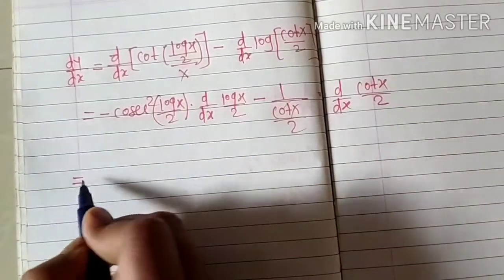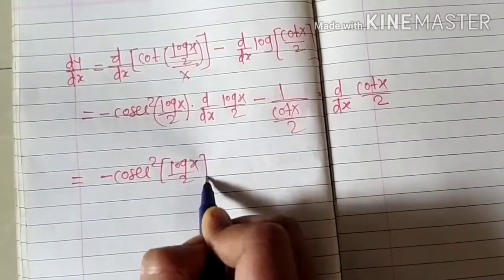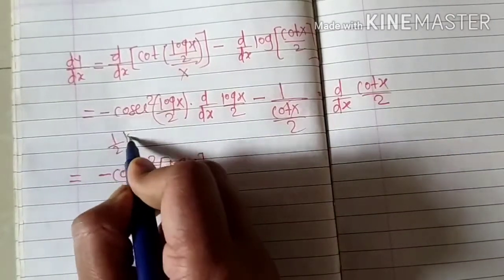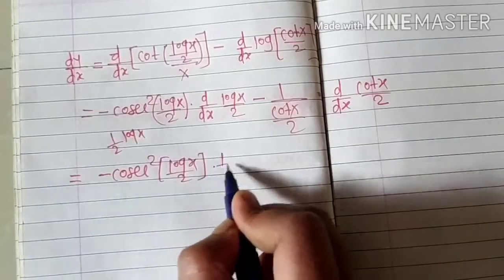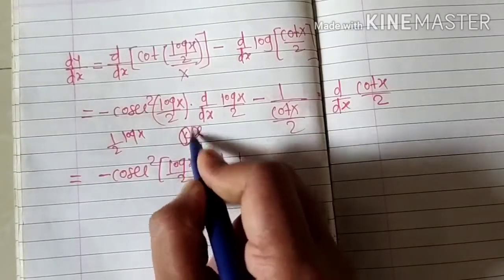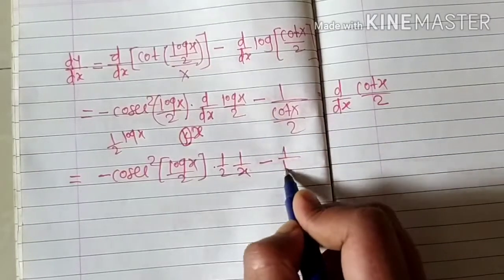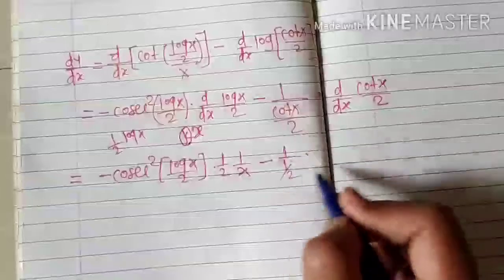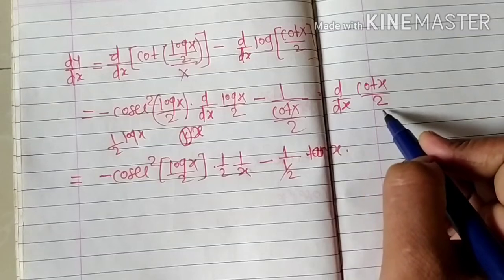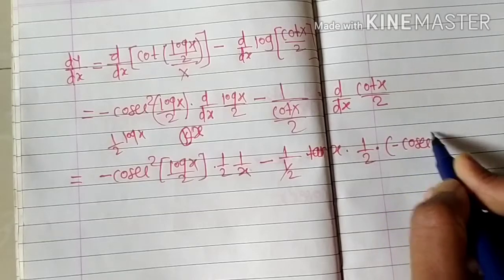Okay, then here minus cos x square of log x divided by 2, into this 1 upon log x upon 2. This 2 is a constant, so it is 1/2 times log x. Then we take 1/2 outside, into the derivative of log x, which is 1 upon x. That is, 1/2 is a constant k times the function of x, take k outside, into the derivative of x. Then this minus 10, this 2 is divided, means 1 upon 1/2, into this 1 upon cot x. If you take it to the numerator, then it is tan x. Okay, into the derivative of cot x divided by 2. Same thing here, 1/2 is constant, into the derivative of cot x, which is minus 10 cos x square x.